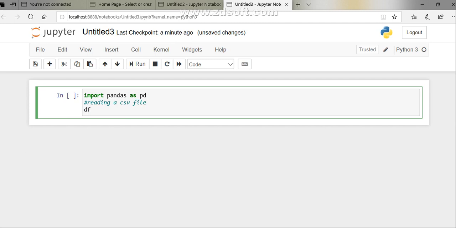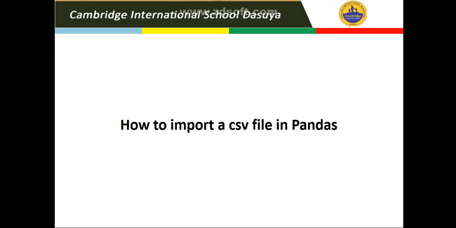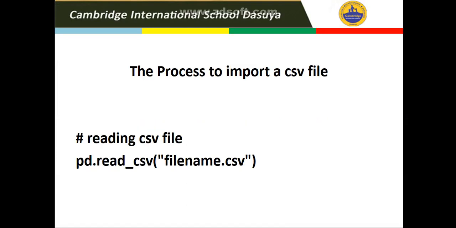So df is equal to pd dot read CSV. Before going into the details of writing the code, you can see our task is the process to import a CSV file.